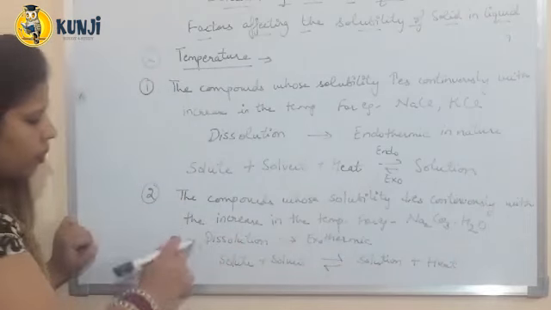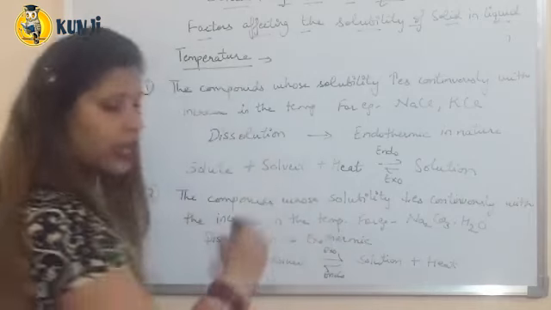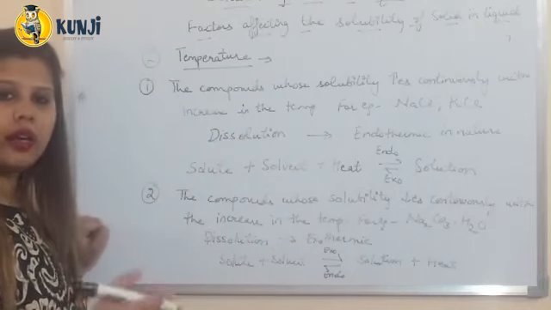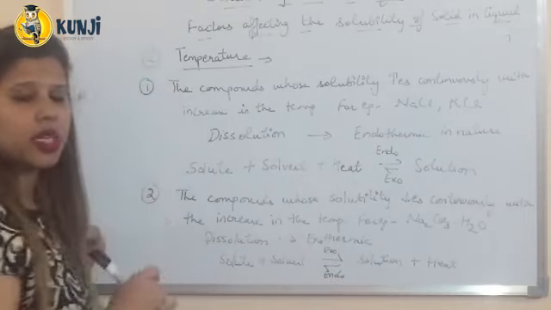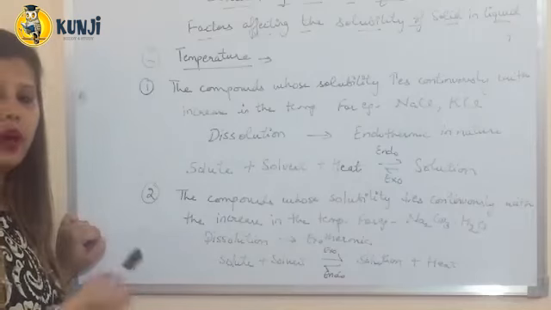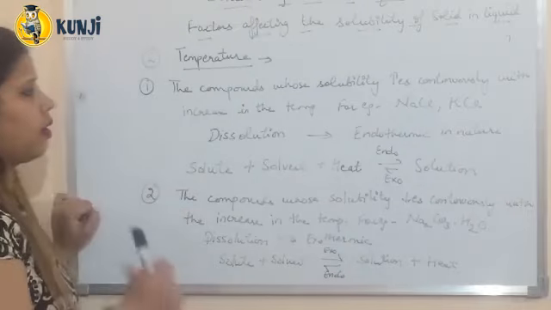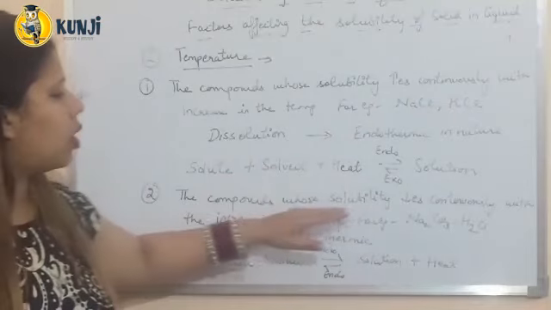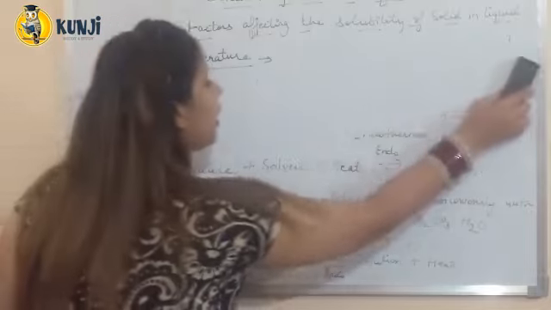Which means that the forward is exo and backward is endo. Now if you further increase the temperature, the reaction will tend to move in that direction which can absorb the heat. And you know very well that endothermic reactions are reactions which can absorb the heat. So the reaction will move to the backward direction, and backward direction is the crystallization process. So the solubility will decrease. Clear? So the first one whose solubility increases continuously, and the second one whose solubility decreases continuously. Now the third category, and the very important category,